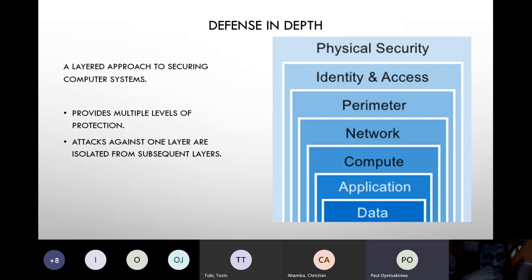Now this is where I'm going to be stopping. So now, defense in depth. This is how our defense has always been. Let me pick somewhere. I'm working with